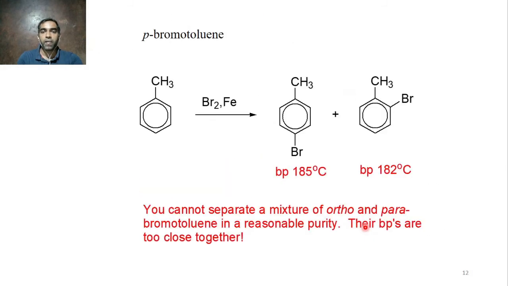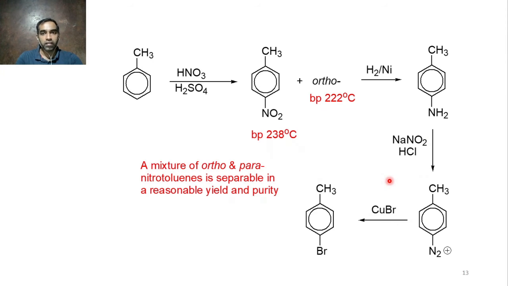Because suppose you do direct bromination of toluene, you will get ortho and para-bromotoluene and meta-bromotoluene. But you won't be able to separate them. It's too difficult to separate. You need a big column, I mean an industrial, very long column and a long time, and you have to maintain the temperature difference, pressure difference very regularly and very accurately, because the boiling points are very close. Simple distillation is a bit costlier, but synthesis wise only, if you can selectively synthesize these two, then it is more advantageous. This is what is done here.